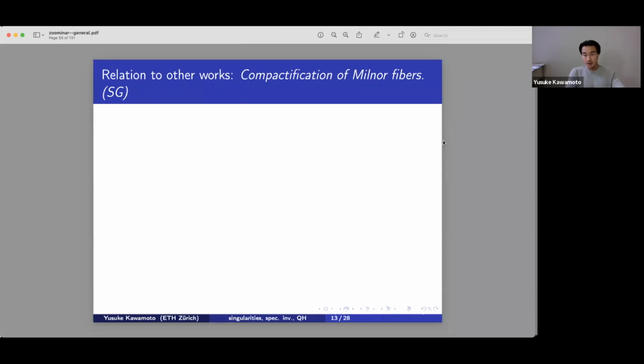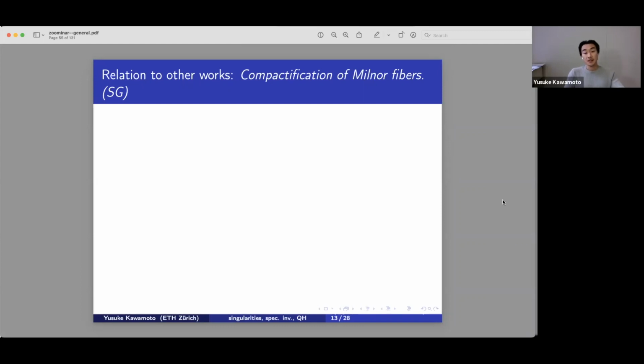Wait, so are you using some kind of adjacency statement to get the result for general isolated hypersurface singularities? Yeah, exactly. Yes, I will talk about that. Yeah. The answer is yes. Thank you for pointing that out. Okay, so